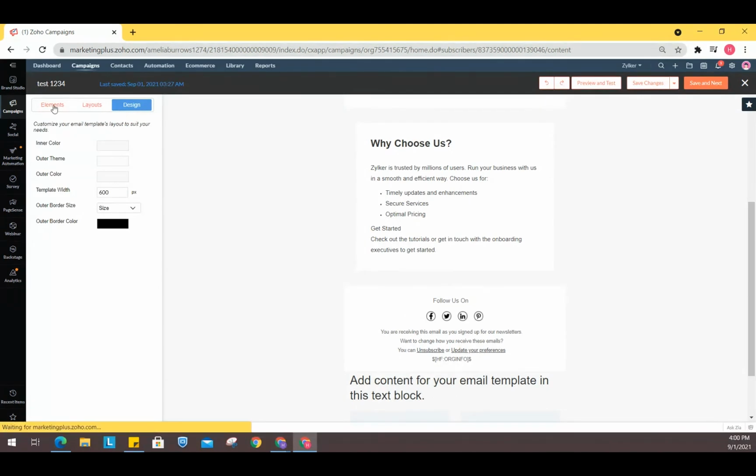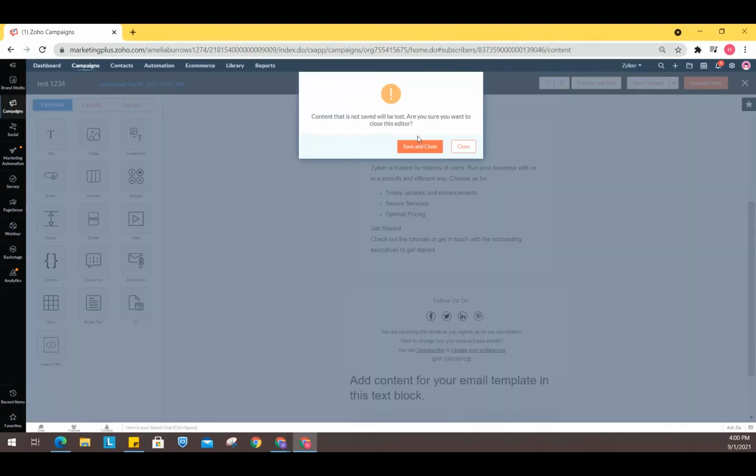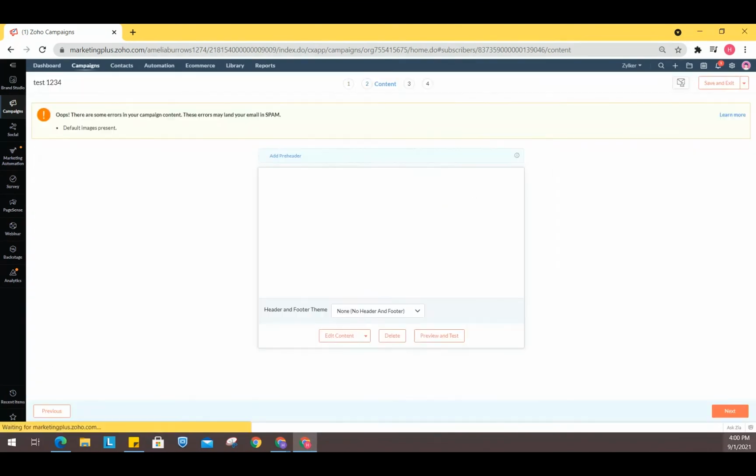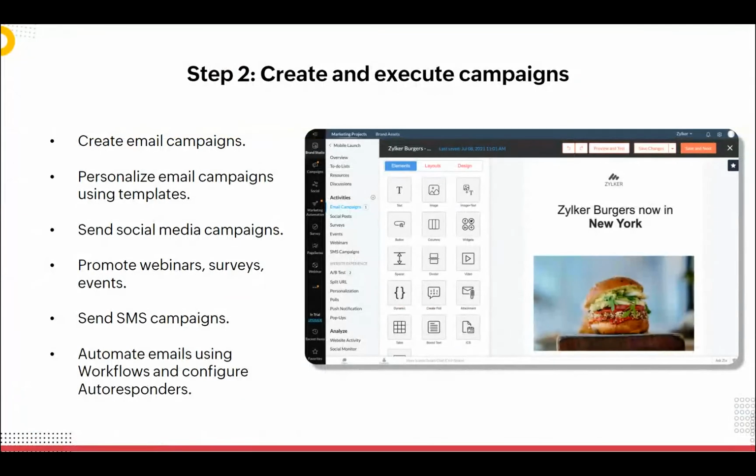You see that? So once all the customization is done, you can choose to preview and test it. You can also run a litmus test to find out how the content looks in various email clients as well. Once the campaign is reviewed, you can choose to send it right away, or you can just schedule it. I'm just not going into it. All right, now moving forward, that's it. So the email has been successfully sent once everything is set up and done.